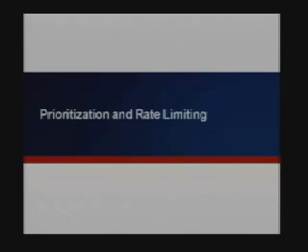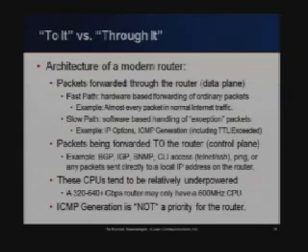The other thing that comes into play with traceroute is prioritization and rate limiting. The architecture of a modern router is very different depending on whether you're forwarding packets or sending packets to the router. Assuming that you're forwarding packets through the router, that's called the data plane. In many cases, there are actually multiple paths within the data plane. There's the fast path, which is optimized to be as efficient as possible. In modern routers, this is entirely hardware-based. It's for forwarding ordinary packets to ordinary places, and you're going to get millions or hundreds of millions of packets